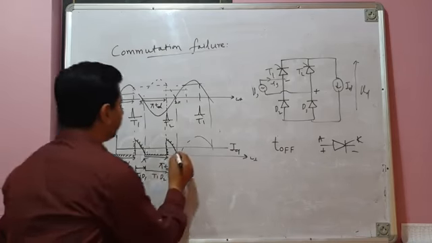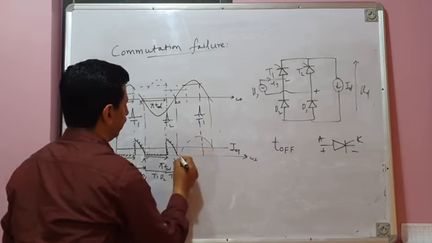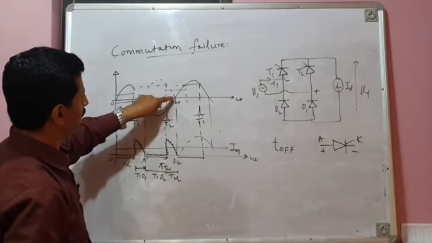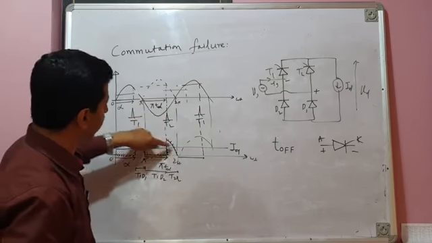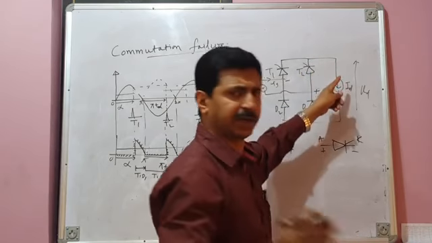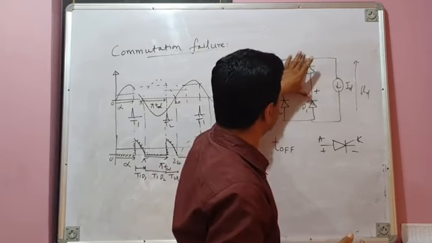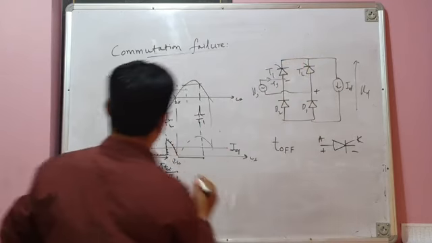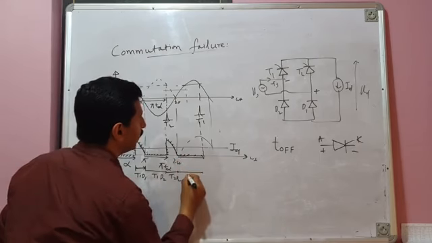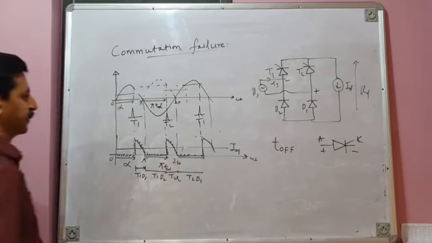Fine. And then from 2 pi to 2 pi plus alpha, since load voltage is now 0, source voltage is also 0, but current is not 0, current is flowing. So freewheeling will take place through T2, D1. Already we have understood this. So since load is shorted by this T2, D1, load voltage is 0 again. And during this period, freewheeling takes place through T2, D1, and then it repeats.